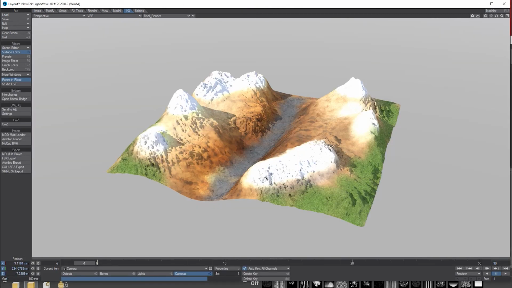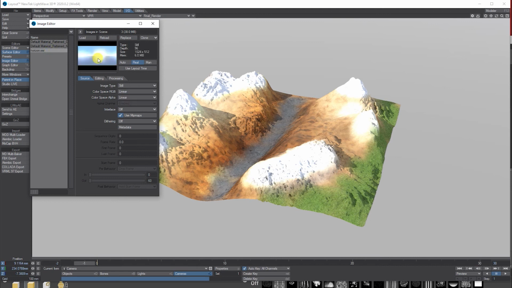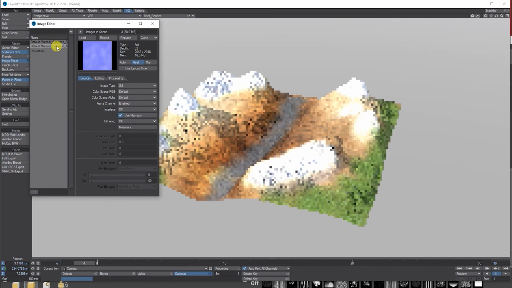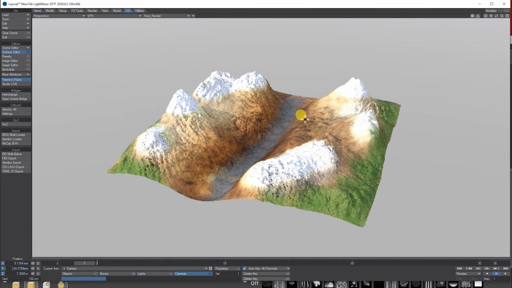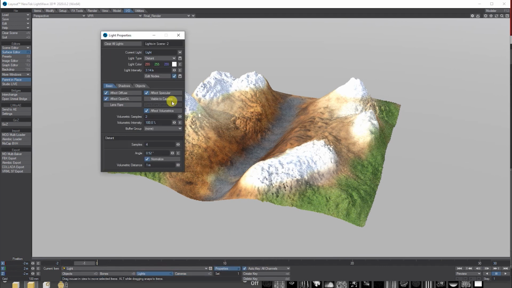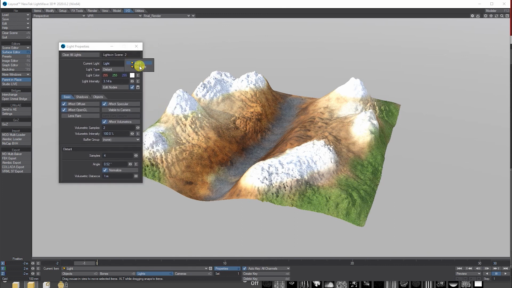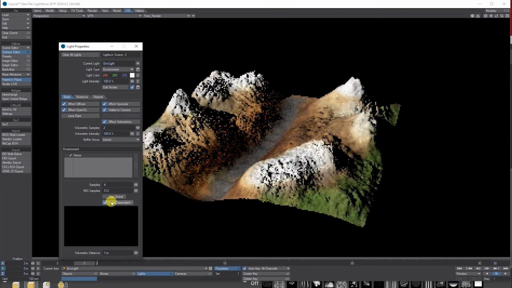When I save it, I don't know if you noticed in the image editor, it gives you this, which is the background lighting it used in Mudbox. Let's just change that to sRGB. Change that to linear. So you can, if you want, use the environment. I'll just turn that off a minute.